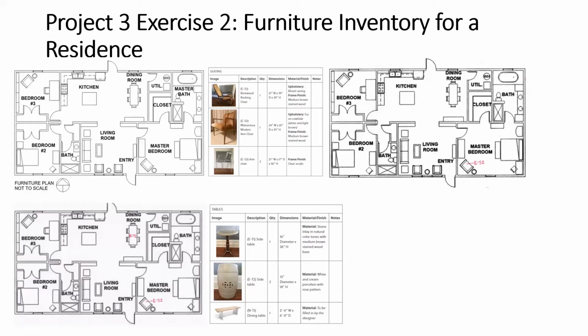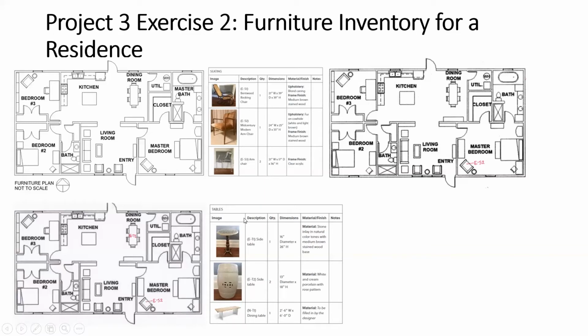You're also going to fill in the material. So in this case, you would write in this material section next to the table, for example, something like live edge, that's what it's called when the one edge is unfinished, alder wood with brushed nickel base, for example. So that's what you would put there. And again, you're going to infill all the categories within your furniture inventory.